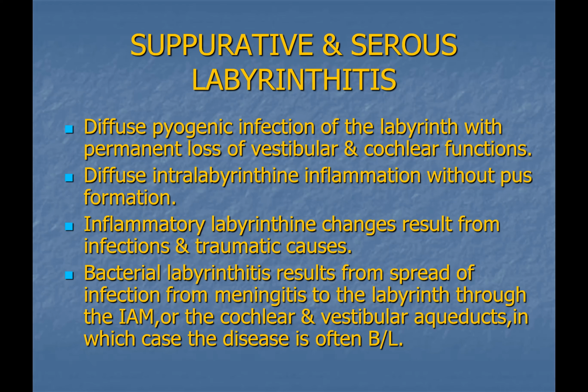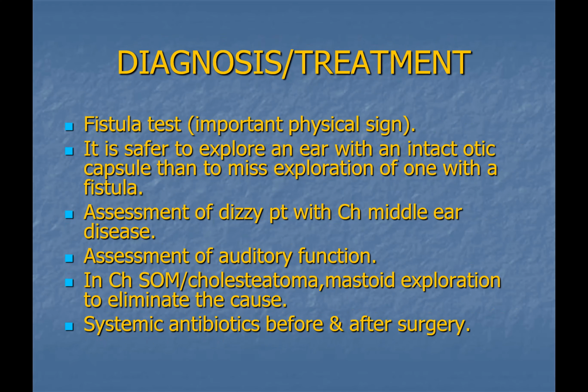These patients are basically admitted in the hospital, and they are given absolute bed rest with head immobilization. They are put on antibacterial therapy, that is the triple regime. Patient is given labyrinthine sedatives like prochlorperazine and dimenhydrinate, and then the surgical intervention, if you're planning to do cortical mastoidectomy,